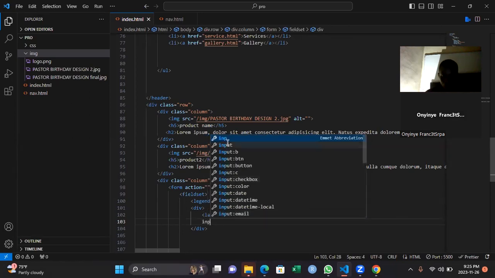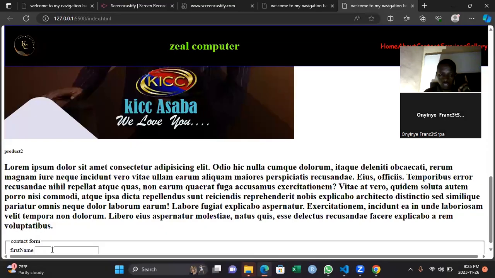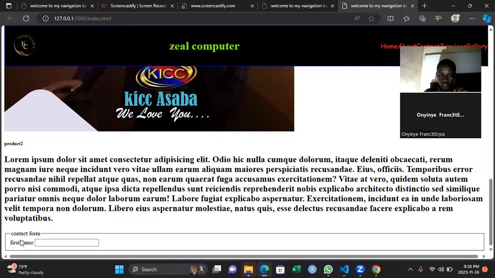Input. Once you activate it, it comes with an attribute type. Whatever you put inside this type attribute determines the reaction, or what that box will be used for. Anytime I use the word input, what should come to your mind is the box. Now look up, you see the box has been activated just because I called input. When we called just label, this box was not there. So all these boxes where you enter your information when you are filling a form on the internet are created